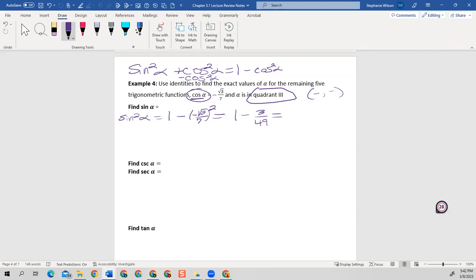Well, I need a least common denominator, and that's going to be 1 and 49. So it's going to be 49 times 1 over 49 times 1, right? Minus 3 49ths. And now I got 49 minus 3, which is 46 over 49. So I'm going to leave it alone, leave it as that, and that's what I'm going to use. However, we have sine squared, and we're wanting sine to the first power. So to undo the sine squared,